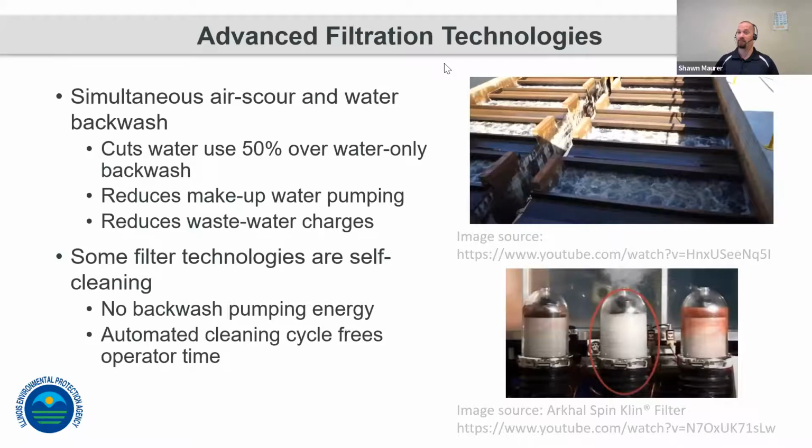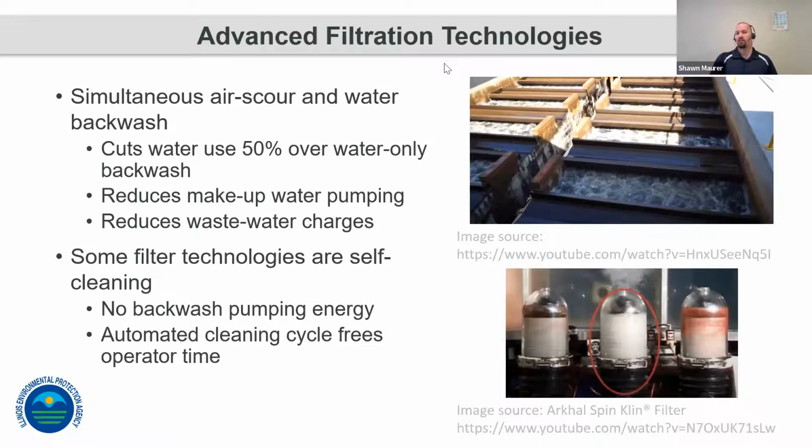This allows a sub-fluidized flow rate for those sand filters, so it reduces the flow rate demand for backwash water, so you're reducing your pumping energy. And it breaks up those materials and flushes them out faster than a staged backwash and air scour type control system. So there's a case study on the next slide we'll look at, about a 50% reduction in backwash water,